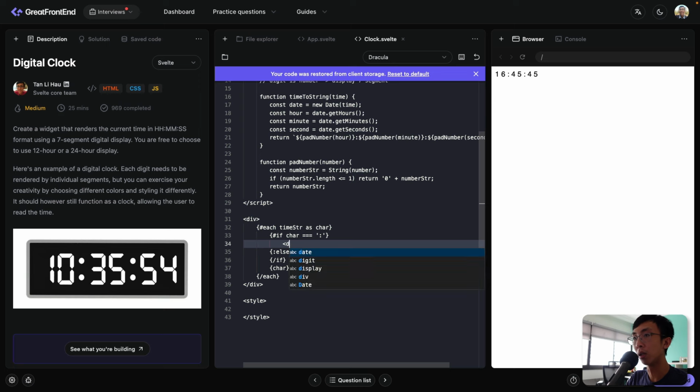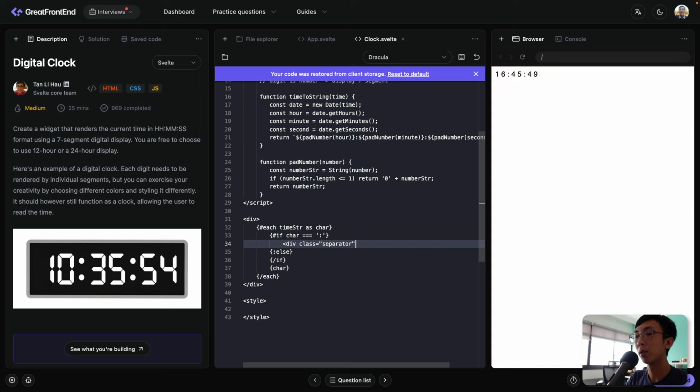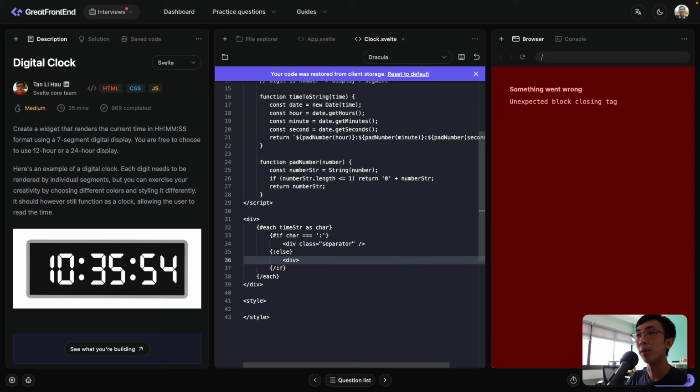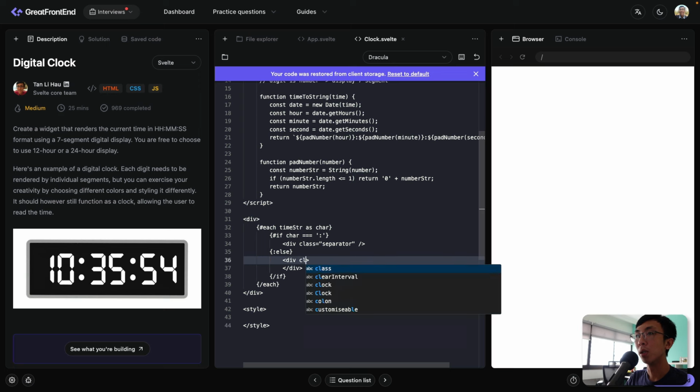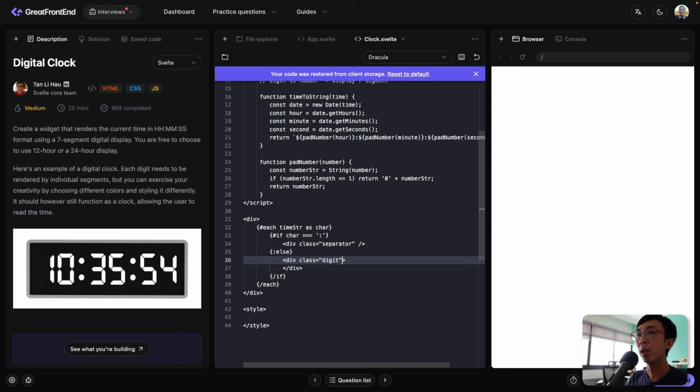Okay, I'm gonna say class separator, and else we will have our 7-segment display, right? So this is the 7-segment, or we're gonna call it digit. Okay, and for digit now, and in this step,